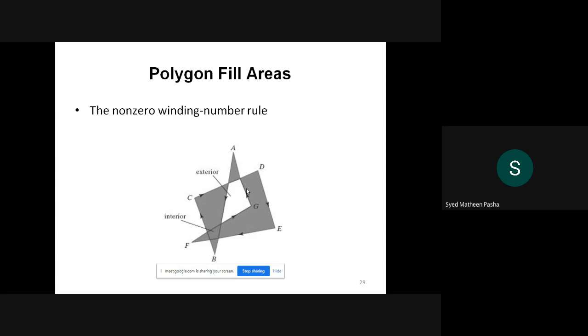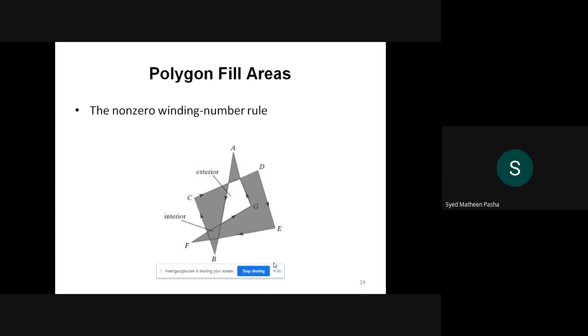You need to just remember the values of winding number. Once there are intersections of points with respect to the line you have drawn, if the winding number is non-zero, if you have some values for winding number, then I can consider the position P an interior part. Else, if the winding number remains 0, I can tell that position is an exterior part of that object. So this is how you find interior as well as exterior parts with the help of two algorithms. One is the odd even rule and the other one is the non-zero winding number rule.